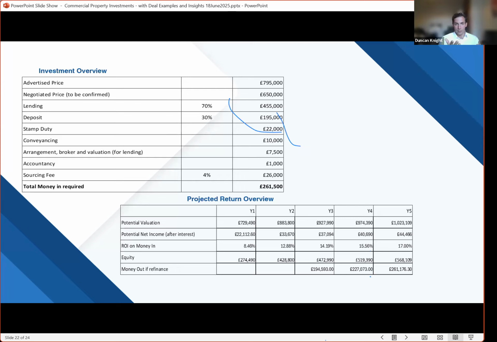As you can see on the screen, we've negotiated a heavily reduced purchase price after a long 6-month period of negotiations. You can see there on the screen the lending, the stamp duty, conveyancing costs. So we're looking at a total deposit essentially of 261,000,